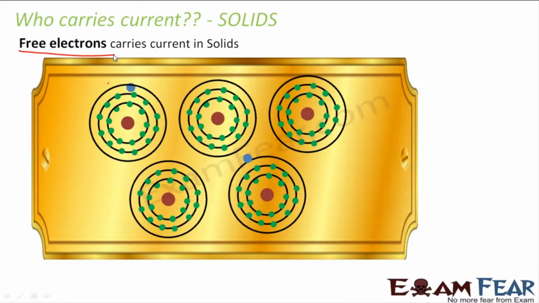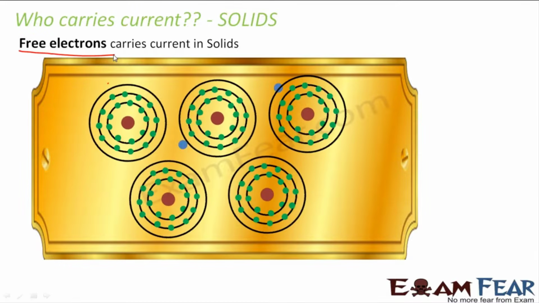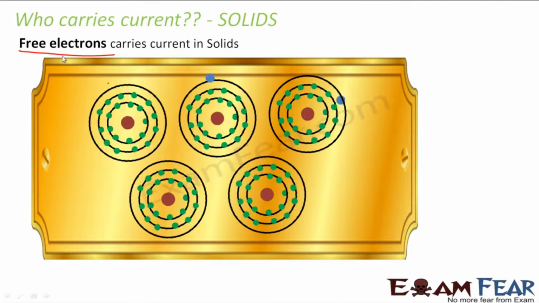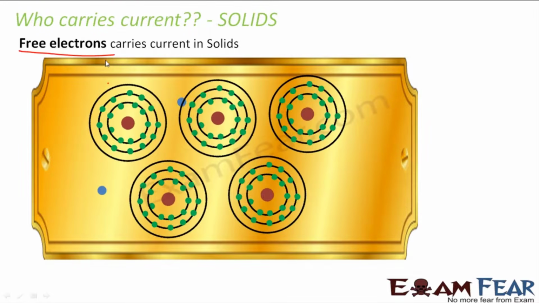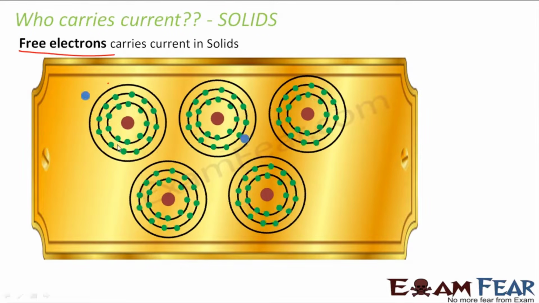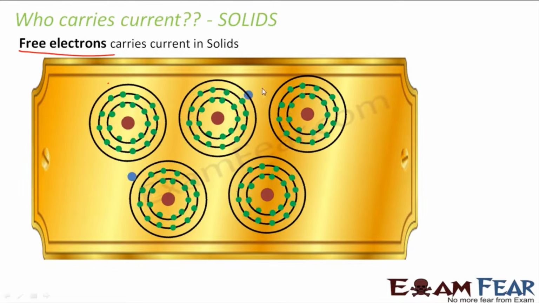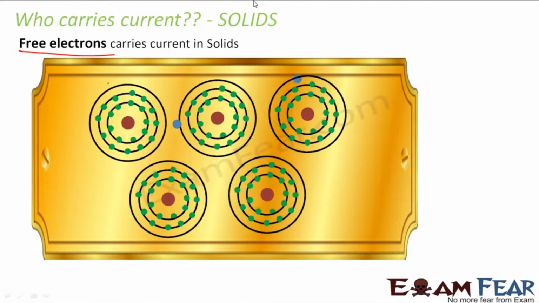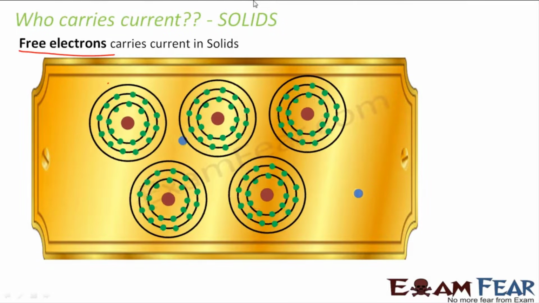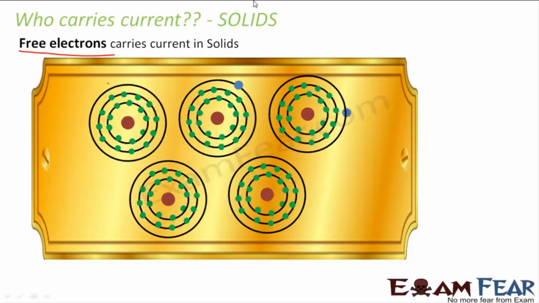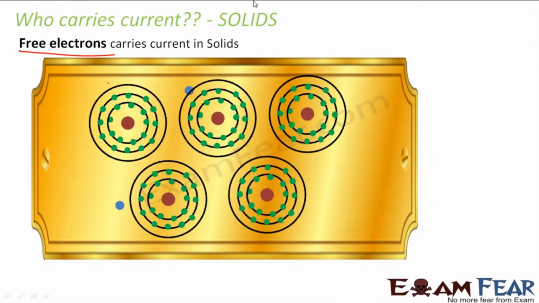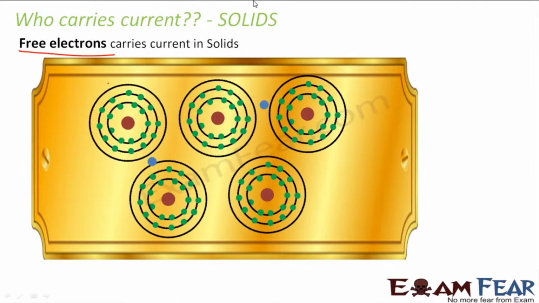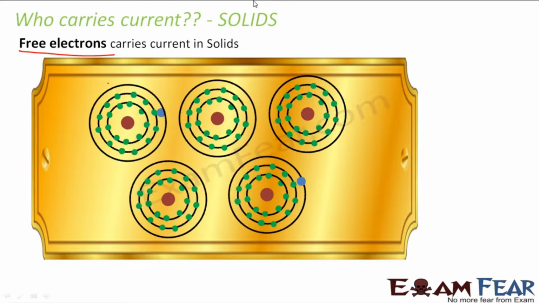So let us suppose you have a metal like sodium which has only one valence electron. That means the valence electron is very loosely attached to the atom. Any solid will consist of so many atoms. Here I have shown all these as different atoms. In every atom there is one valence electron which is very loosely attached to that atom. So this valence electron keeps jumping from one atom to another atom, again from the next atom to the next atom, and so on. And movement of these free electrons constitutes current, because current is nothing but flow of charges and the electrons are also charges. So flow of electrons constitutes current in solids.